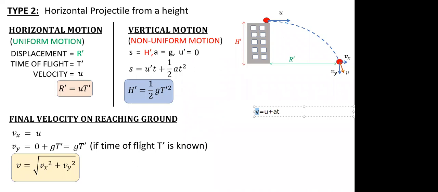I have written this because I don't know what data will be given in the question. If they give you the time of flight directly, you can use the formula v equal to u plus at. If they give you displacement in the question, you can use v square equal to u square plus 2as. It depends on what data is given. So if time of flight is known, you go by the first motion equation to get the final velocity vertically. If displacement is known, you can go for the third motion equation to get the final velocity vertically. Yeah, Tanmay?